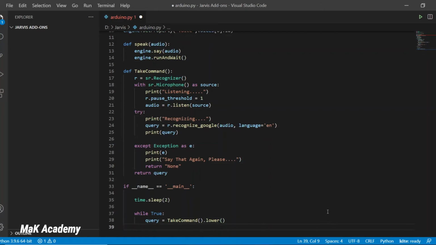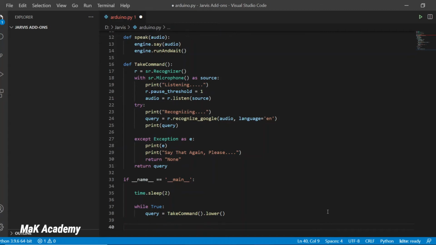Now we come to the main part of the program, the if-else conditions. The first condition will be if "on" in query. This means that if the word on is in the query, then do this. We could also say if query == "on", but doing that will restrict our options, as we would have to say exactly the word on, nothing before or after it.